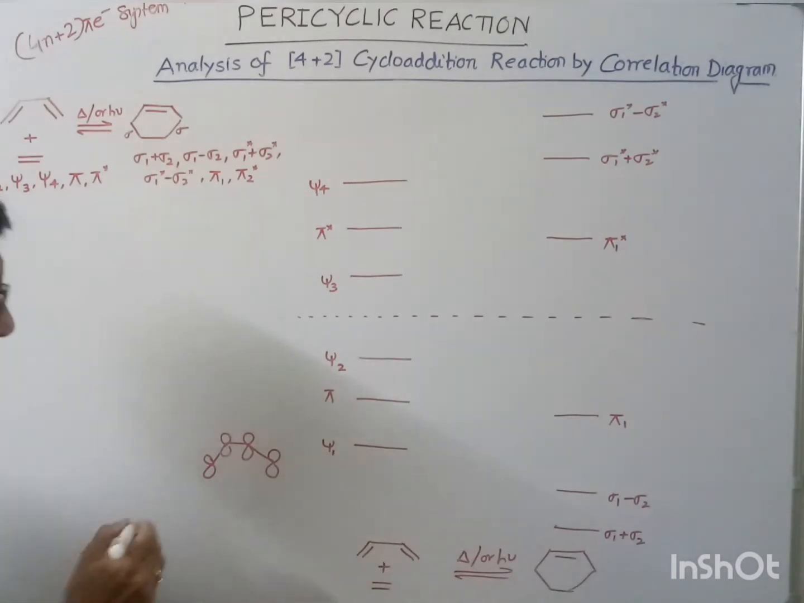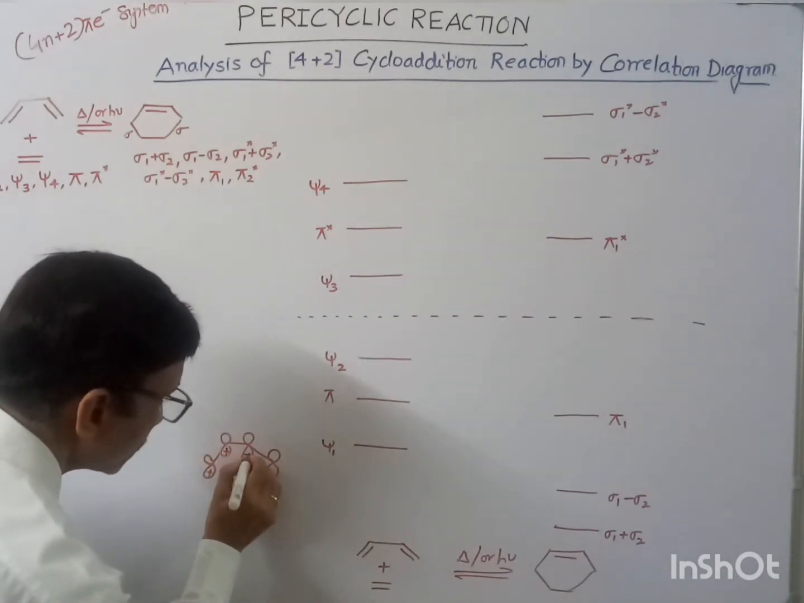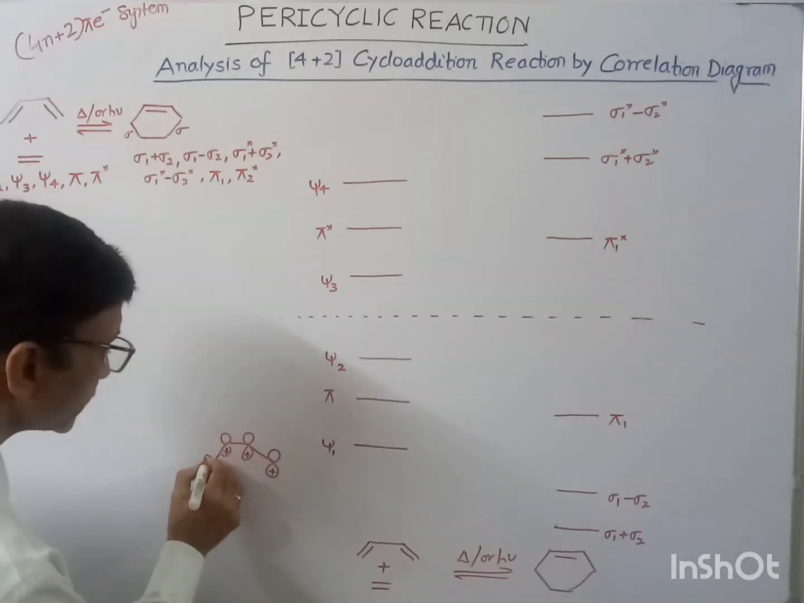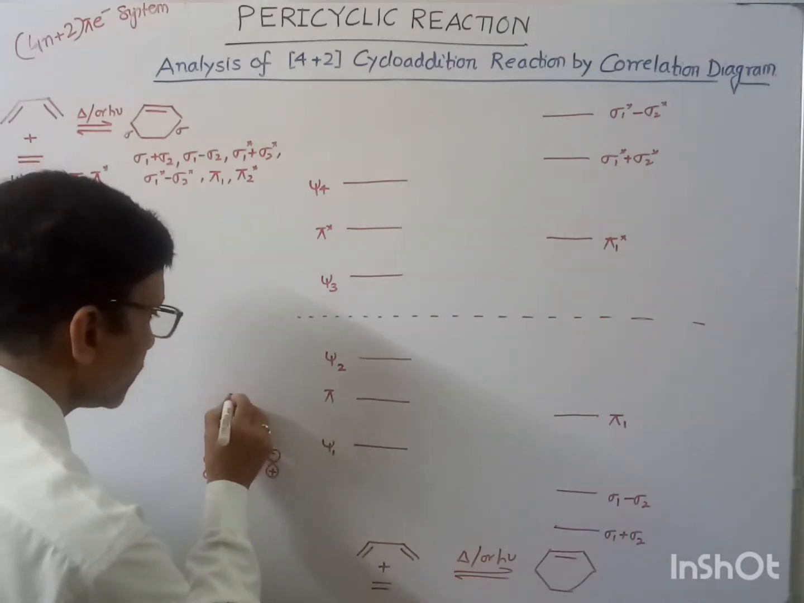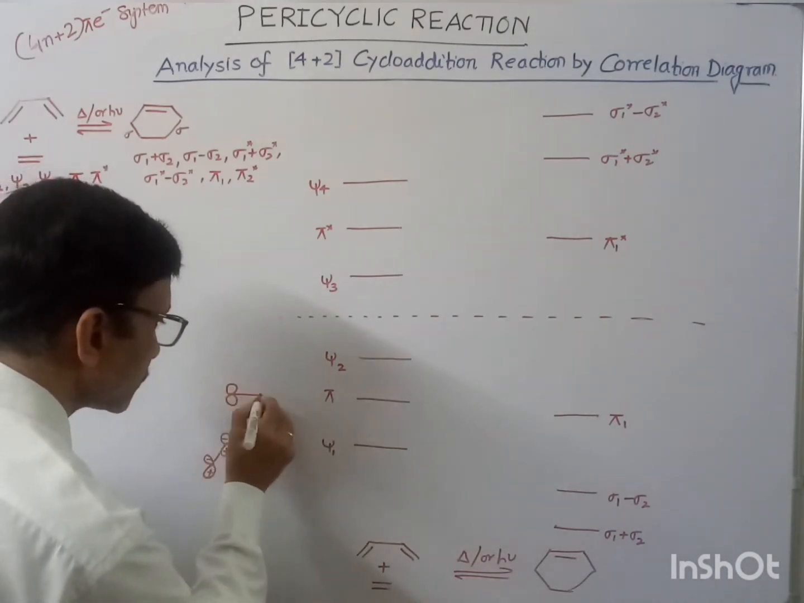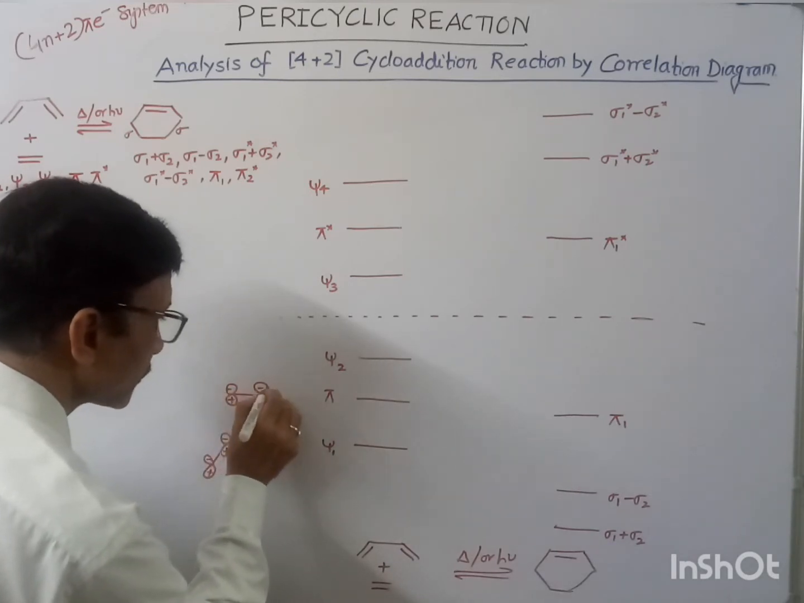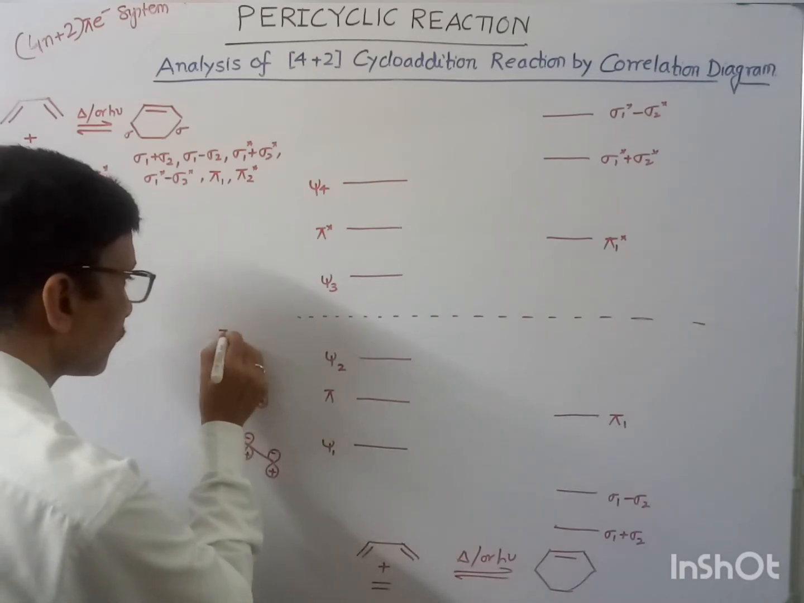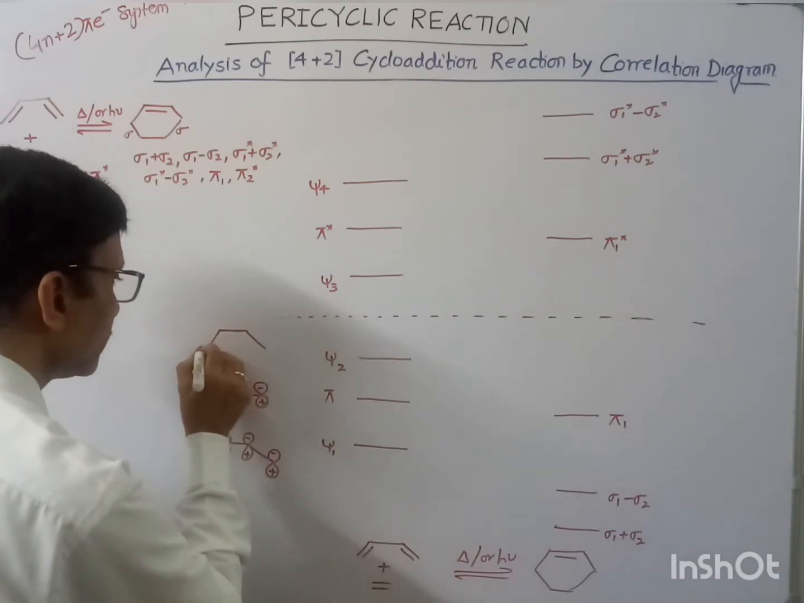Okay, so this is psi 1 where all lobes have the positive sign. The upper lobe we may write as negative, negative, negative, negative. What about this pi? This we may write as both positive, and psi 2, if I want to write the psi 2 of this butadiene,